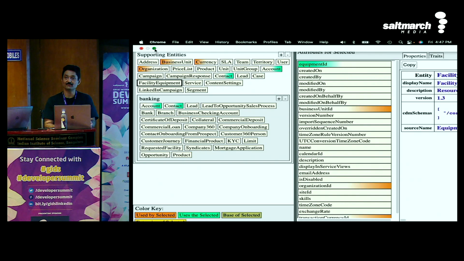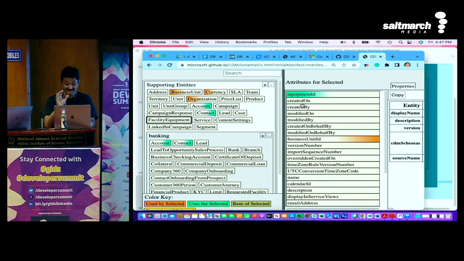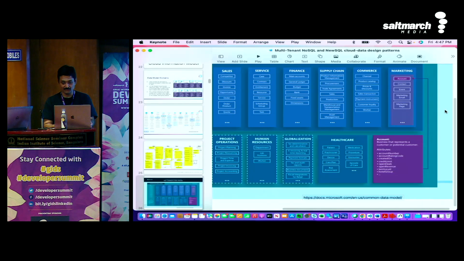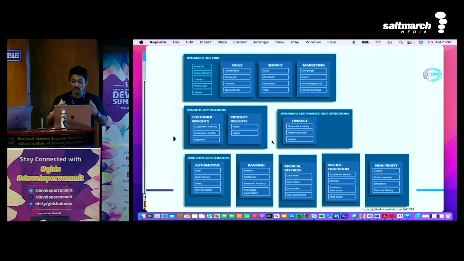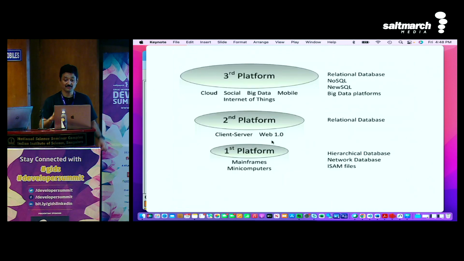Isn't that cool? Yes? So now I highly suggest you go and look at the Microsoft Common Data Model. It has sales, service, and all the objects for sales, service, supply chain, commerce. You cannot find anything which is not here. That's what I can guarantee. You might have something unique for your domain, I'm not saying that. But you will be able to use it for finance and other industries just by using this model. Make sense? Now, what we are doing is we are creating third normal form out of this.